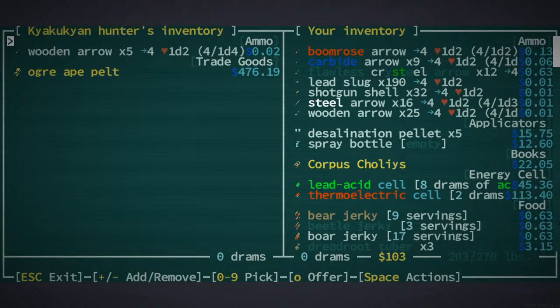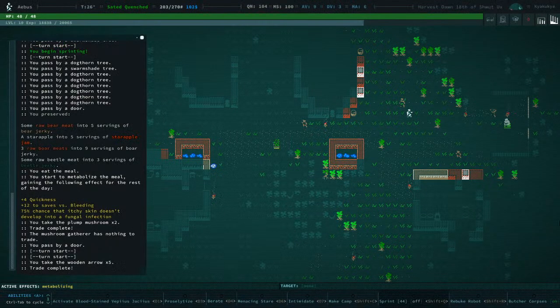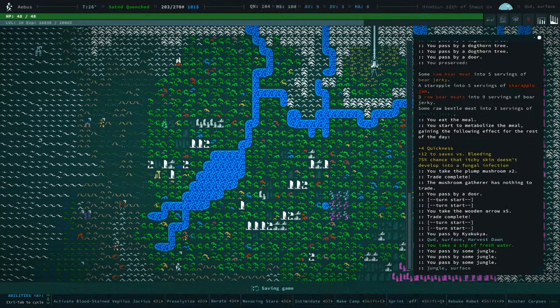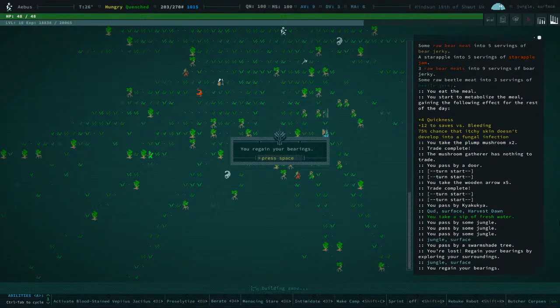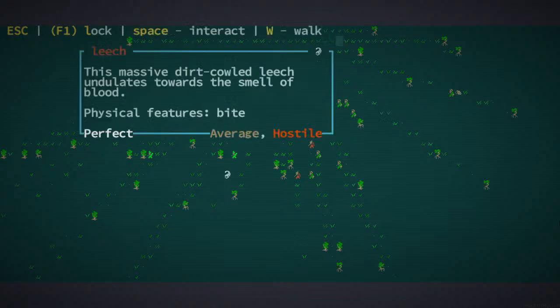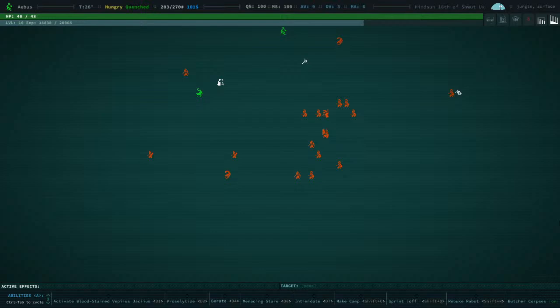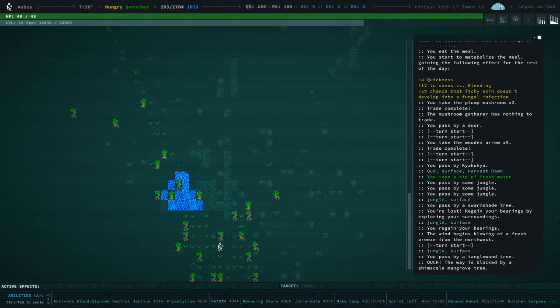Okay. Okay, please. And the merchant is still trying to kill me, so I'm leaving. To the desert canyon. I'm lost in the jungle. That's a leech. And all the other things are not my friends. Not that the leech is either, but